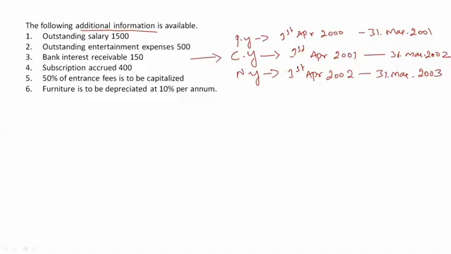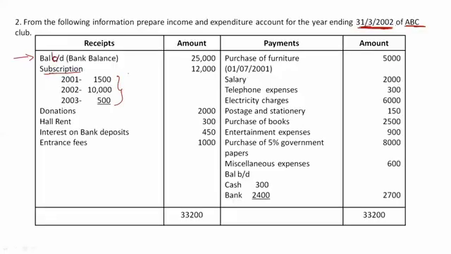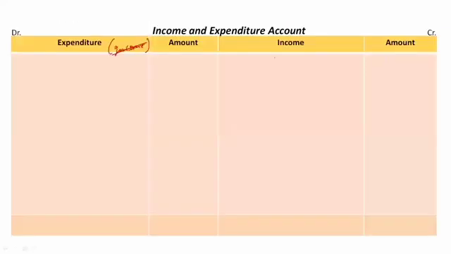Always remember, we should only take current year transactions, right? Now current year starts from 1st of April 2001 to 2002. Now subscription relating to various years is given, but we only need to take for current year. So our current year is 2002, rupees 10,000. So rupees 10,000 has to be taken as subscription. Now subscription is my receipt, in the sense I'm receiving certain money, right? So we should take it in the income side, not on the debit side. We should take it in the credit side, that is income side.